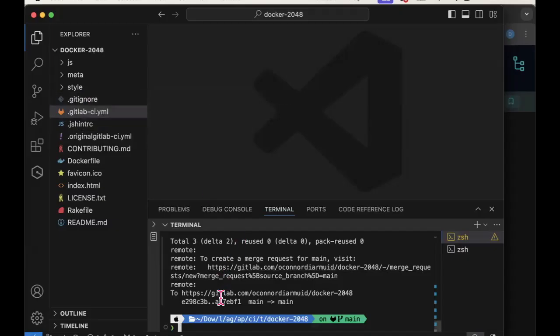And just to show you what the application is, it's just a very simple game, I guess you'd call it. If I run it locally,